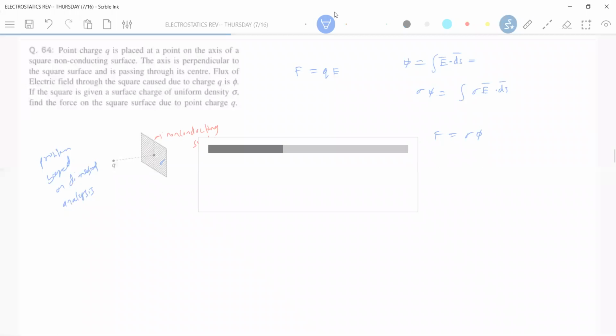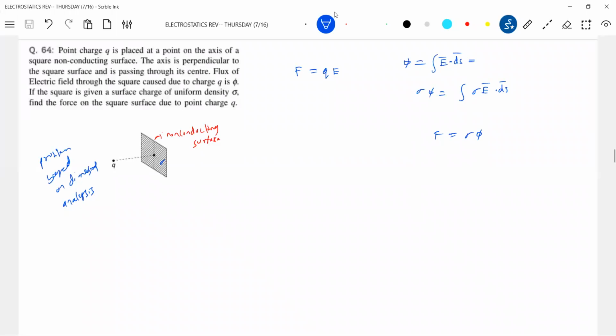Objective questions can be asked. Be careful. The surface charge density of the non-conducting charge sheet into the flux linking it. This flux will produce the flux due to the point charge. Am I right? I think you have some clarity here. The point charge is present here, and its flux will link the sheet. The flux linking the sheet times the surface charge density will give the force.